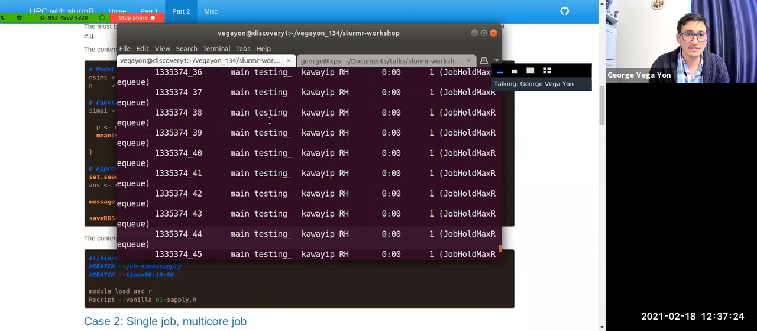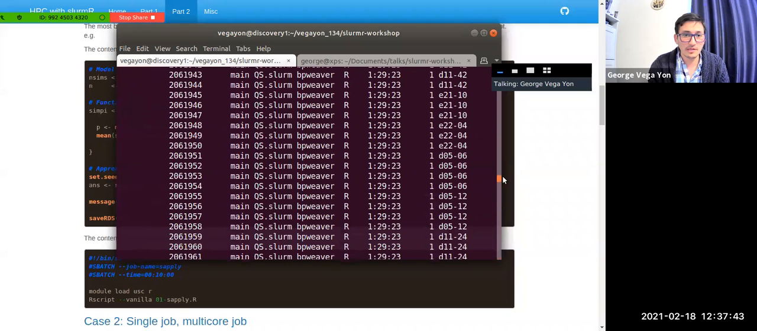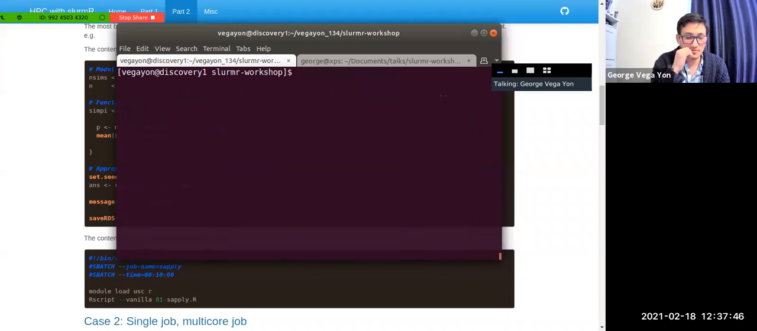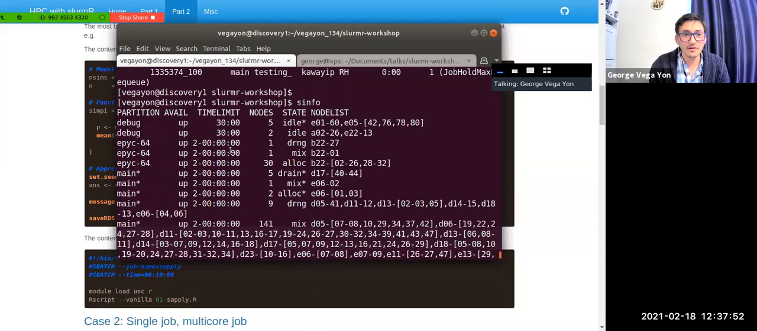In this cluster, as you can see, there's someone who is using a ton of resources. In particular, I don't know who this user is, but he's using a job array. He's requesting a few hundred, maybe 100 cores. That's something that you can do on HPC. And furthermore, if you type sinfo, you can get a glimpse of the resources